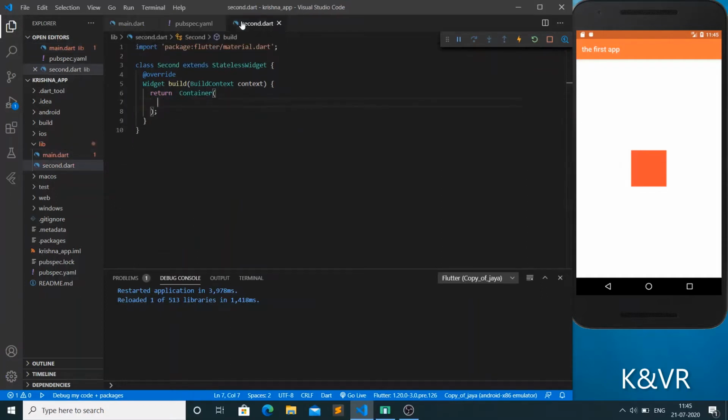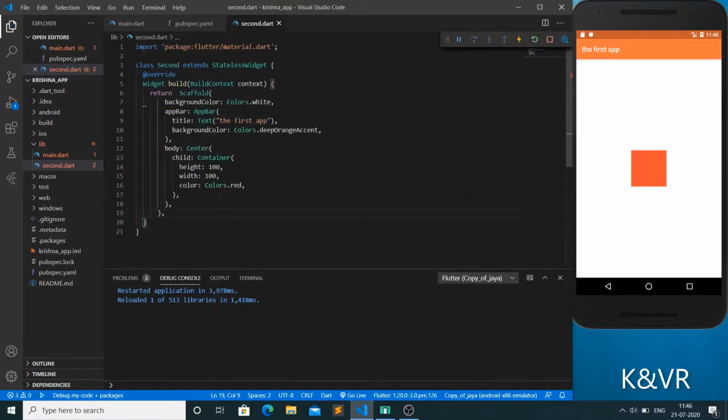and come here to the next page, second dot here. Remove this container and paste it here, that Scaffold, and this here, not a comma here, put a semicolon here, and that's it.